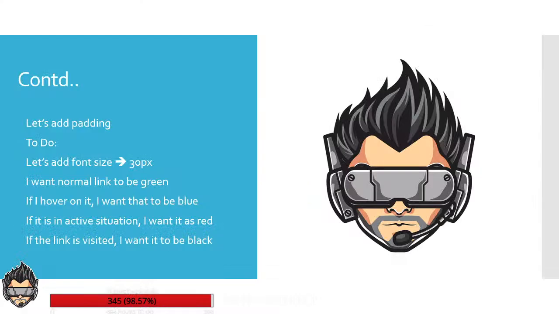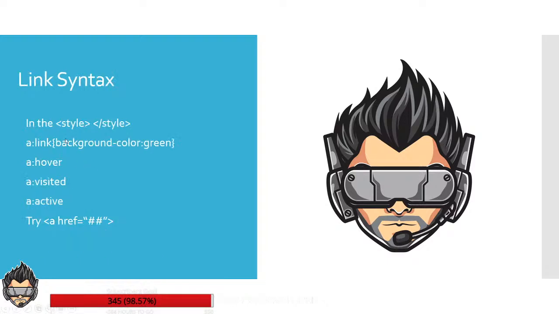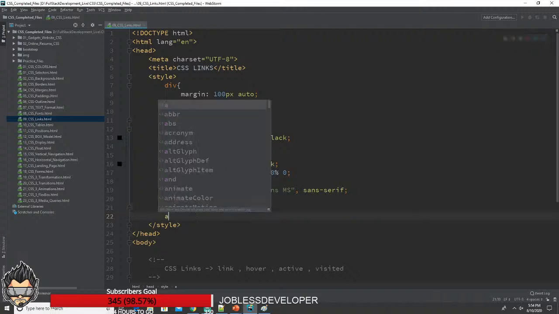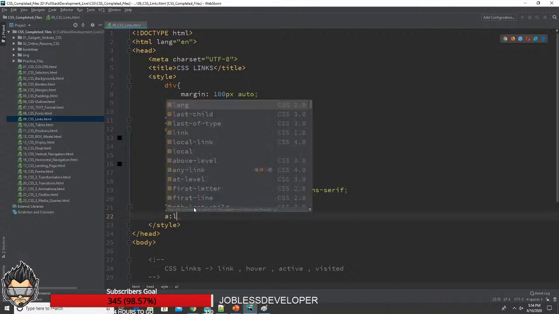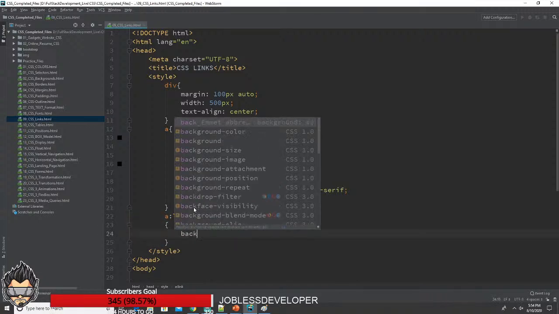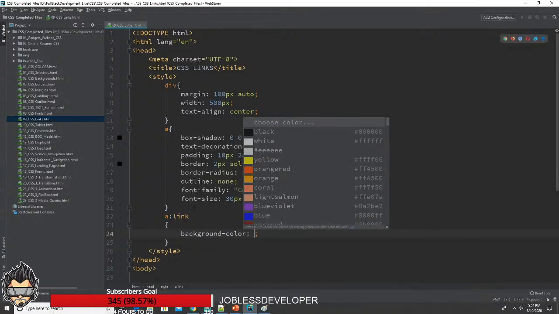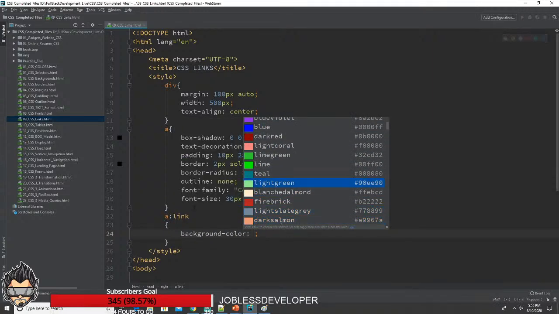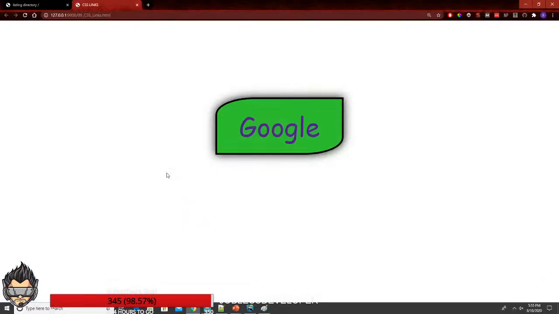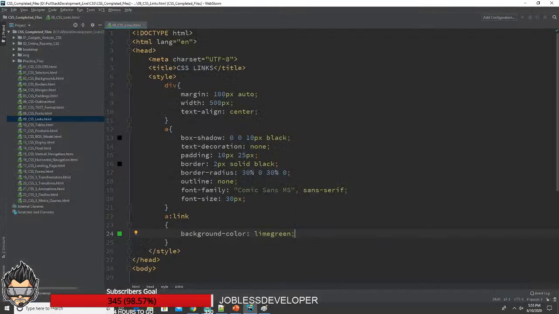So if I want the normal link to be green, the first thing is I want the background color to be green, for say, which green, let's go with lime green. That's good, but the text doesn't look good, right? So I will say